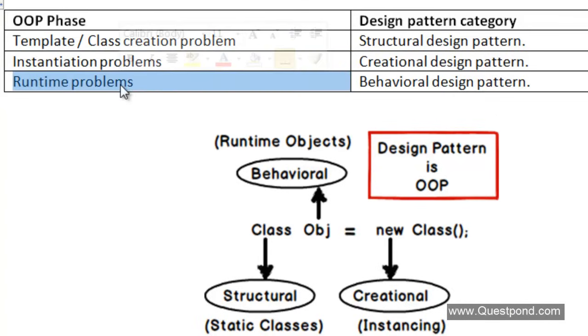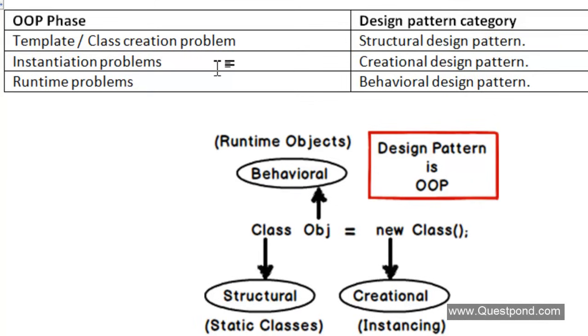And the last one is, you need to go and interact with those objects and achieve the necessary functionality. So any kind of object-oriented programming problems, or I'll say design problems, which come into the class creation process, which is more static in nature, fall into the structural design pattern category. So we have a structural design pattern category which will address problems regarding class creation, inheritance, so those kind of structural issues will come into the structural design category.